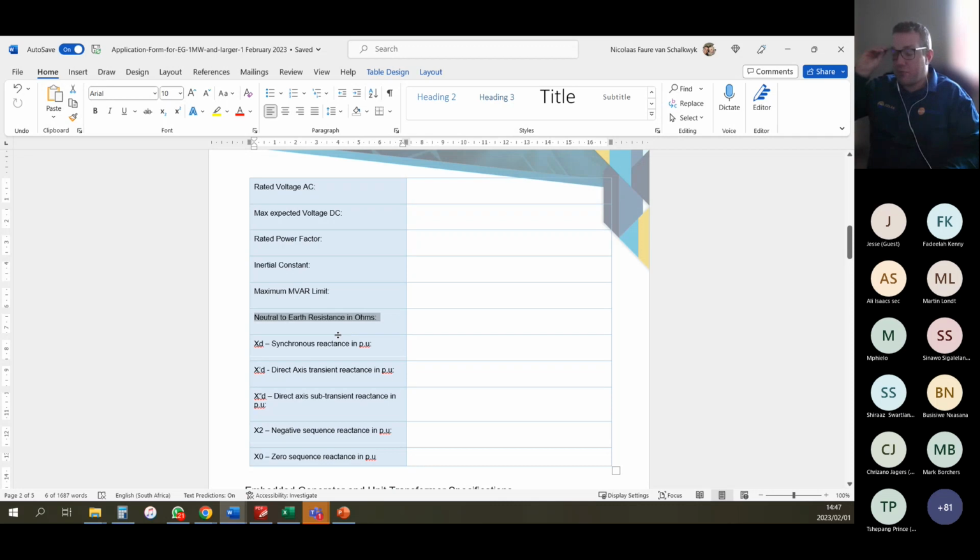But as soon as you have some form of alternative supply from your generation, this is something to look out for: make sure that you've got a proper neutral earth connection, because it becomes the alternative supply. This is a standard part of SANS 10142 Part 1. So that is a value that you would like to capture, make sure that it's in place and you don't